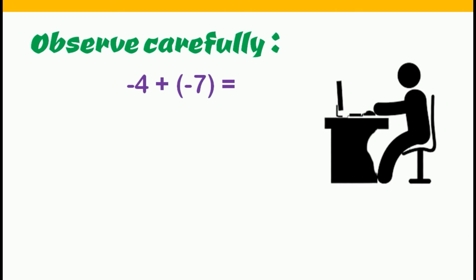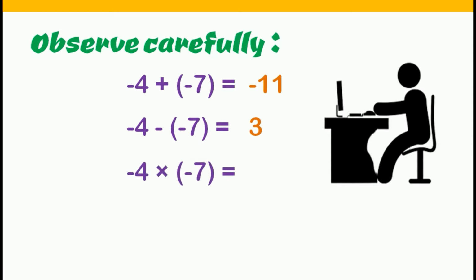So here addition of two negative integers gives negative integer and the result is -11. -4 minus of -7. So subtracting both negative integers, here the result is 3 because minus multiply minus. So product of two negative integers gives positive integer. So 7 become +7. -4 plus 7 is 3.